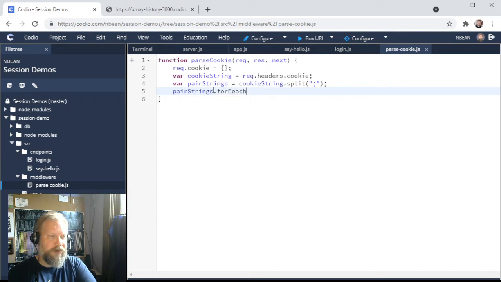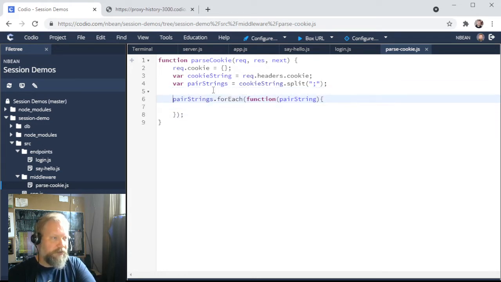And we will go ahead and iterate over that array. We'll do this the JavaScript way with a for each call function called on the array and passing in a function to invoke on each item in the array. So we'll call the individual items pair string singular,